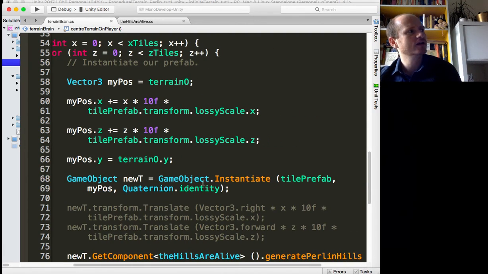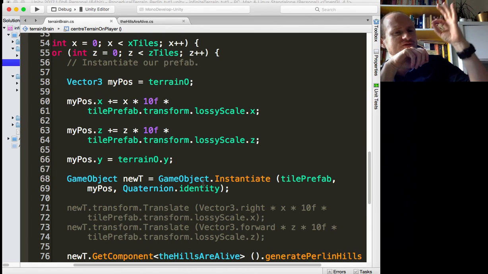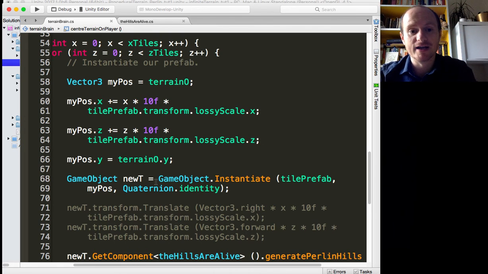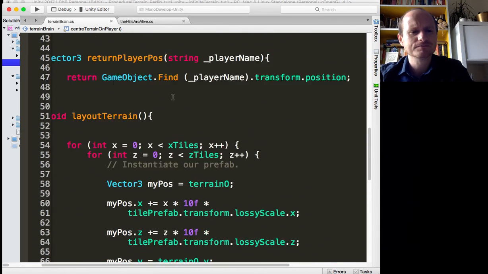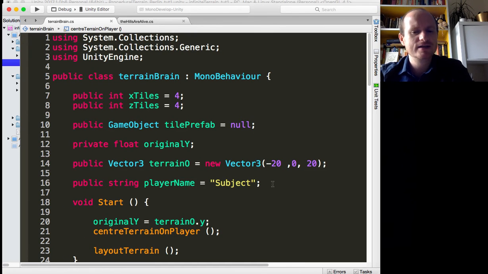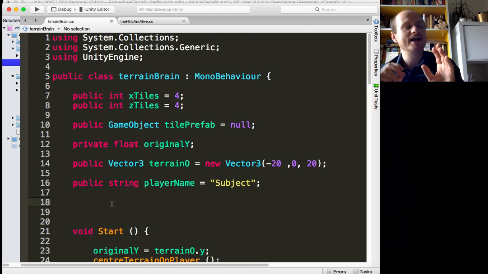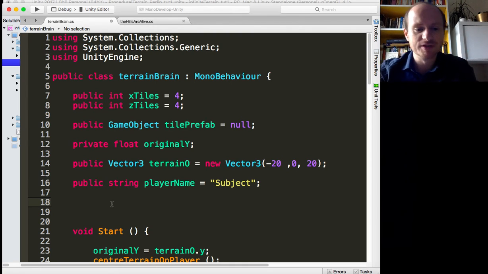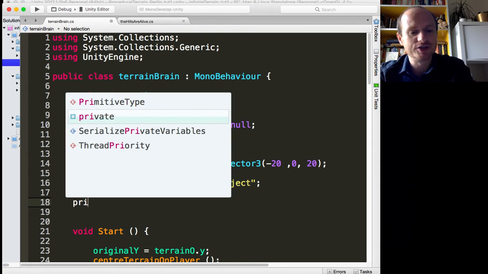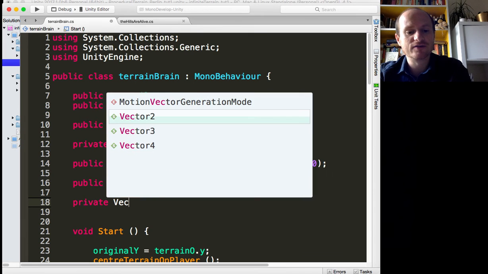Now what we need to do is we need to kind of record the player's position. Oh, we can do that. We've written a function that can return the player's position. And then every so often we want to just measure how far the player's moved. And if they've moved a certain amount, we want to recenter the terrain. And we've already written the recentering, so we just need this measurement function. Okay, so we're going to need a vector 3 to kind of record the player's position, and then we can write a function to check their actual position compared to their original position. So we need a private, we don't need to share this, we'll see this in the inspector, private vector 3